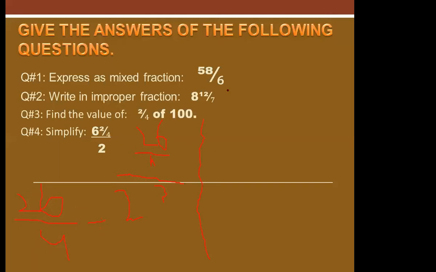So in the next step, 26 upon 4 multiplied by 1 upon 2. Then 2 ones are 2, 2 ones are 2, and 2 threes are 6. So it will become 13 upon 4. And then I'm going to convert this 13 upon 4 into mixed fraction. So it will become 3 whole 1 upon 4. That is the right answer. So the right answer is 3 whole 1 upon 4.